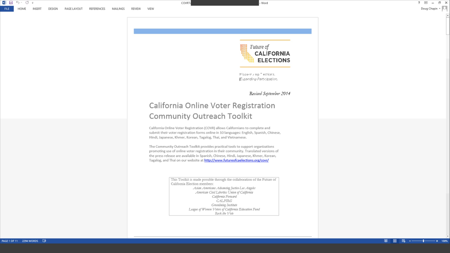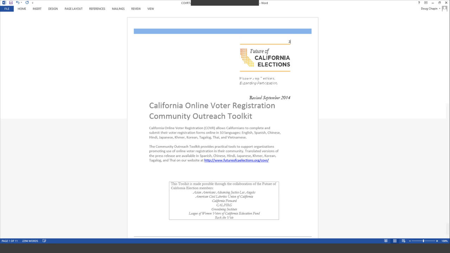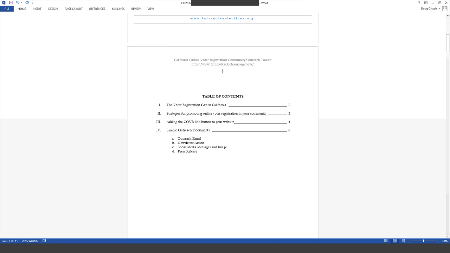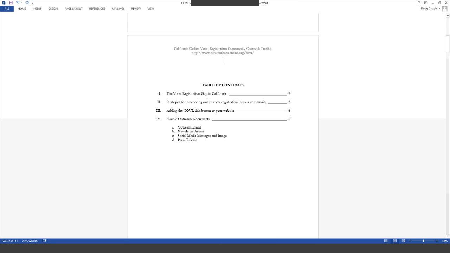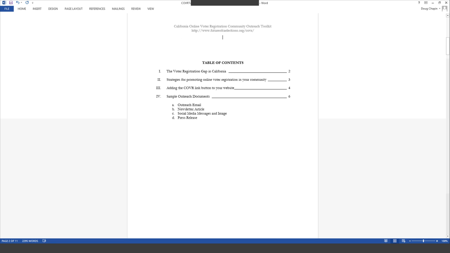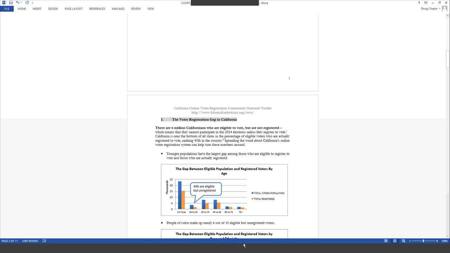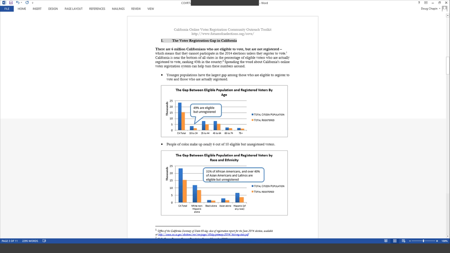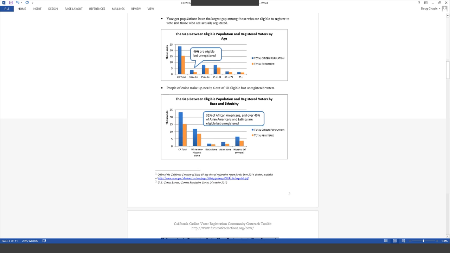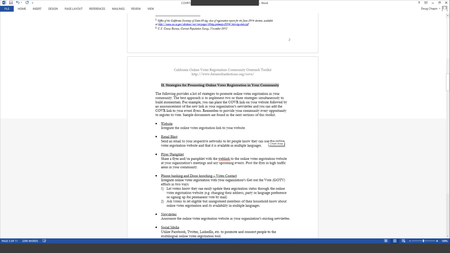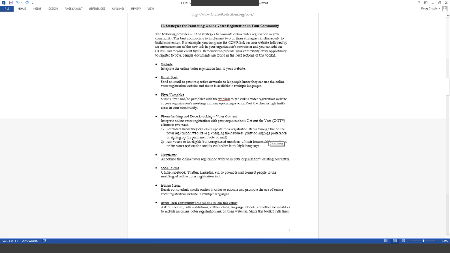So if you want to scroll down, Doug, there's a little introduction. This toolkit's available on the Future of California Elections website. And there's a little overview that it goes through. But then specifically I want to get to some of the tools, or the samples that we created. So as Doug scrolls down, the first, so we created specific samples for how to post online registration